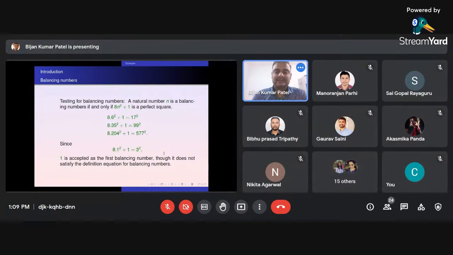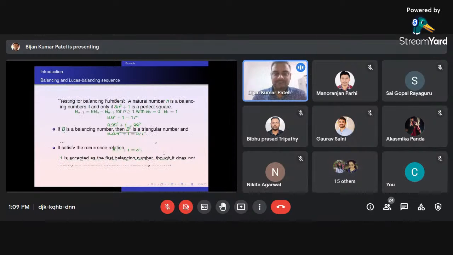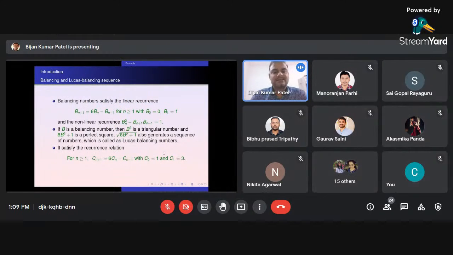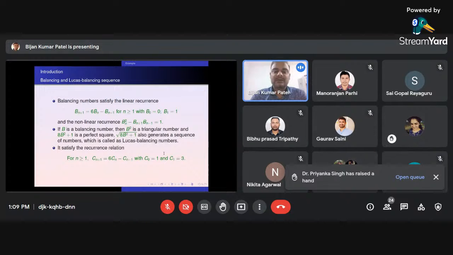So basically, these numbers follow a linear recurrence sequence, and that linear recurrence is b_(n+1) equals 6b_n minus b_(n-1), with initial conditions b_0 is 0 and b_1 is 1. And this number sequence,